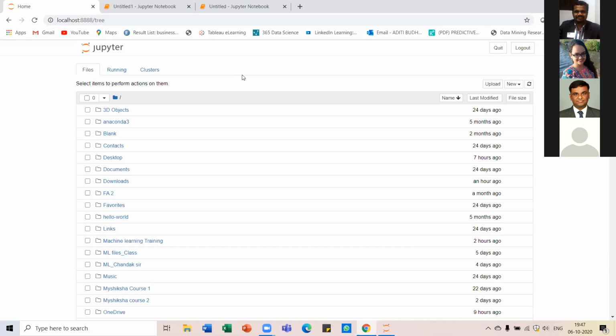Good. I think all of you have reached up to this stage, opening the Jupyter Notebook to this screen. Anyone not reached till this stage? Anyone needs time to come to this level? Let's work together as a team and progress together as a team. So let us know if somebody is lagging behind. Okay, Aishwarya, take a moment. We'll wait for you. Once you're done, just let us know. If you need any help, please let us know.